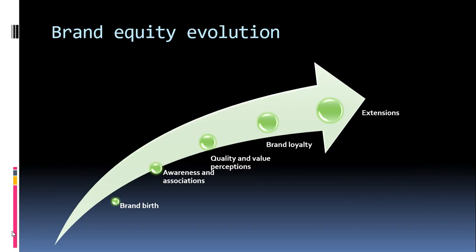Where do brands come from in terms of an individual brand, and how do they evolve? Well, obviously we start off with a brand being launched at its birth stage, and at this point we're going to work on making consumers aware of that brand. So we make them aware that the brand exists, but then we start to build associations. We start to add some meaning, and Grant McCracken argues that the meaning we get from a brand in part comes from the advertising and communication. So it's important that we build that distinctive and differentiated meaning around our brand.